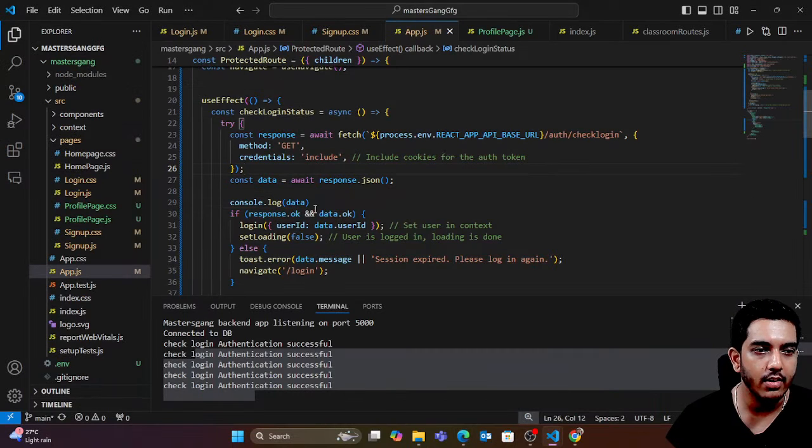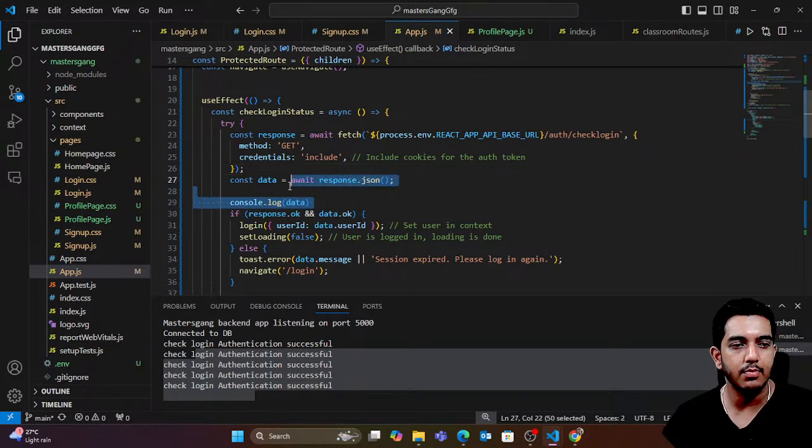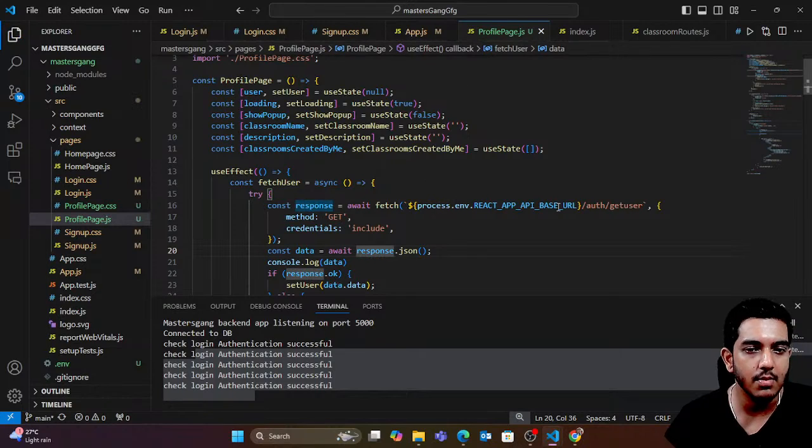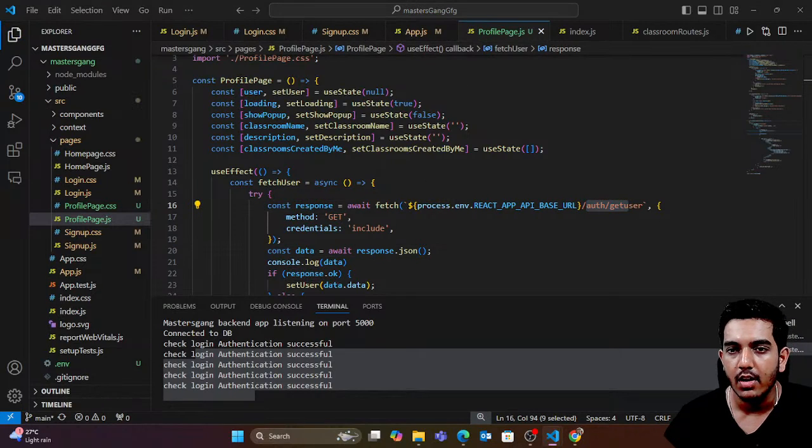Let's come back to our backend code. I think till now everything is fine. That means check login is working perfectly, but I'm not able to get the user data. That means there is some problem with this API. So how are we going to fix that? It's really simple. We're going to go to the profile page,